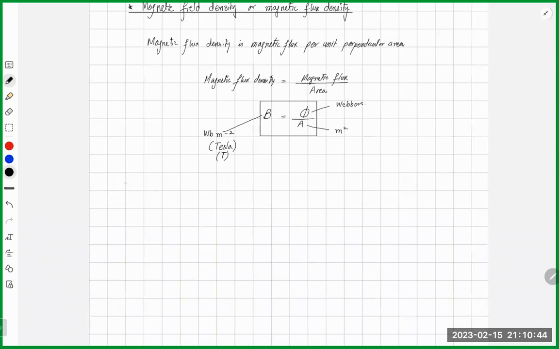A current carrying conductor in a magnetic field. Now,